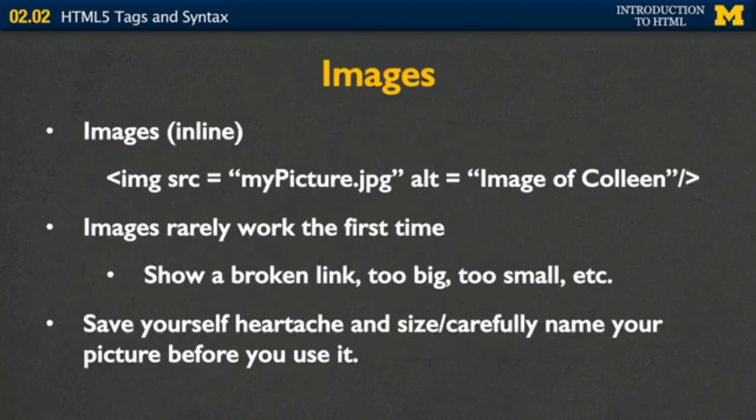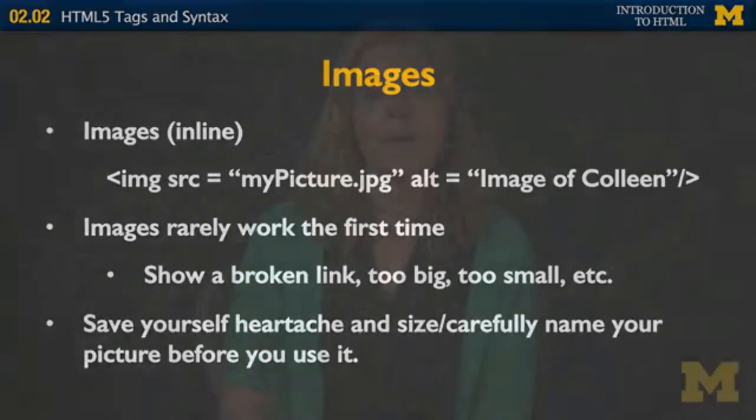So let's go ahead and look at a tag that needs attributes in order to work. I'm going to use the image tag as an example. Images are inline, which means you can actually put many images next to each other. And in order for an image tag to work, you pretty much need to tell the computer what picture it is you want it to show. So in this case, the source attribute indicates to the browser that the picture you want to show is called mypicture.jpg.